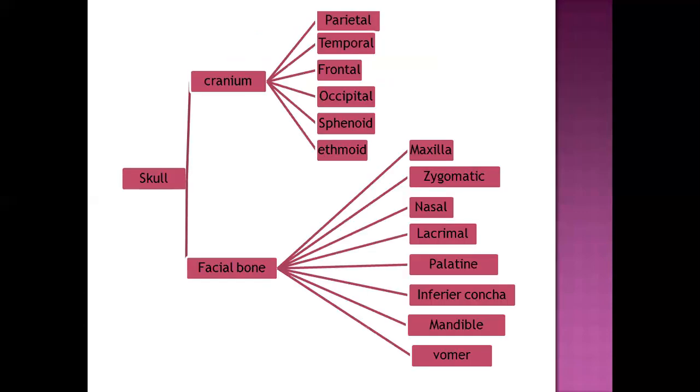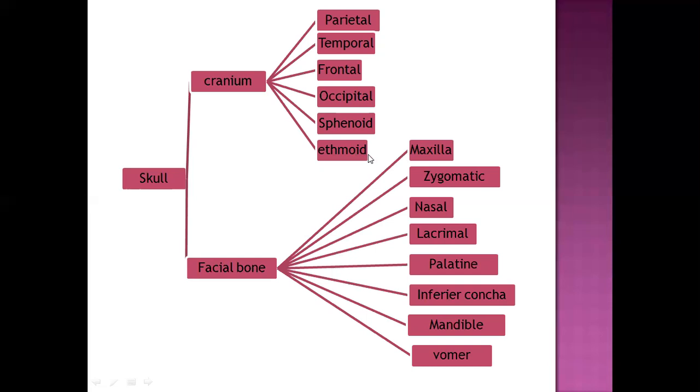Axial skeleton is further divided into skull, cranium, and ribs and one sternum. Okay, skull is further divided into two types of parts. First is the cranium, and second one is the facial bone. Cranium has total six bones, from which parietal and temporal are the paired bones, and frontal, occipital, sphenoid, and ethmoid